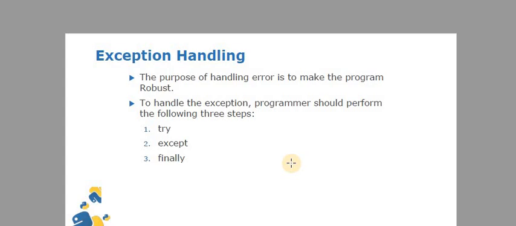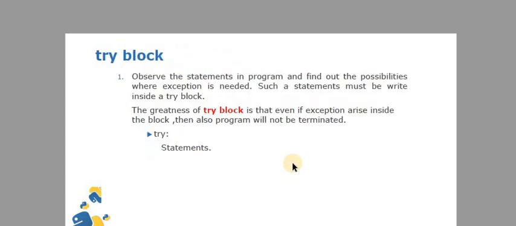The purpose of exception handling is to make the program robust. The programmer can do this using three steps: first is try, after that except, and third is finally.